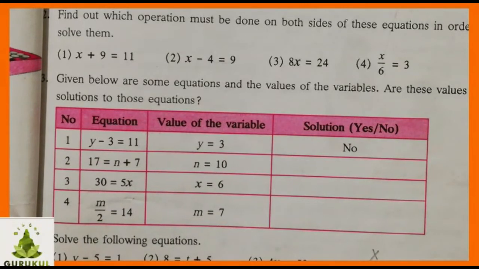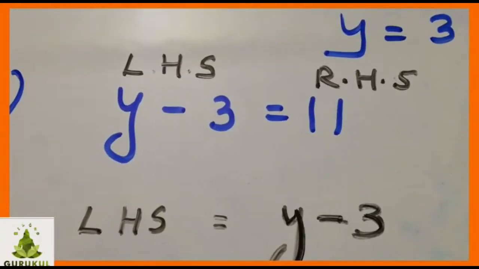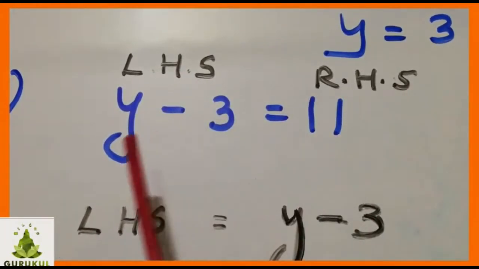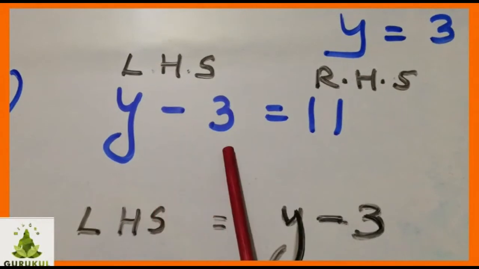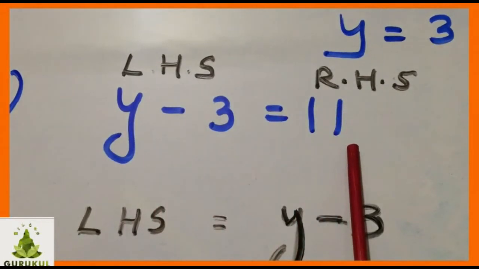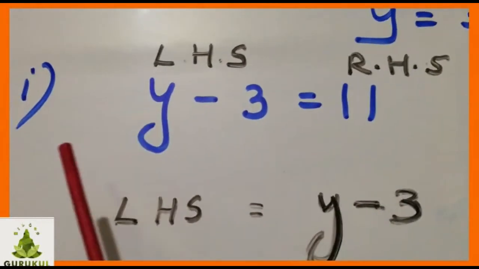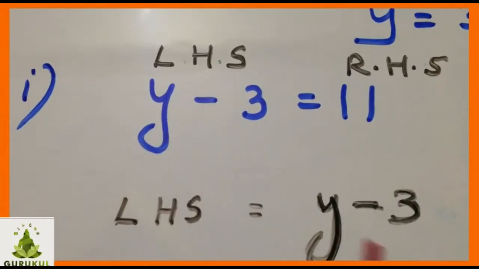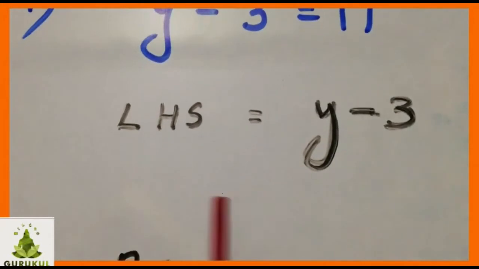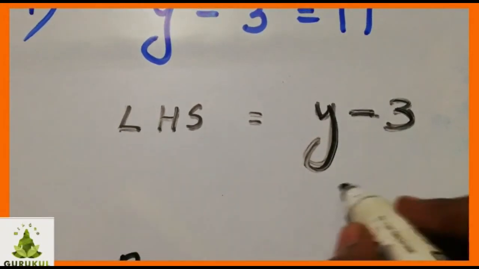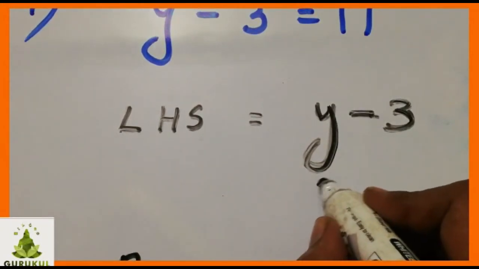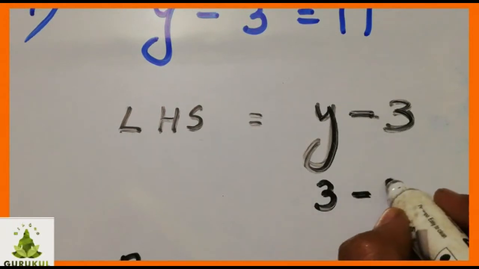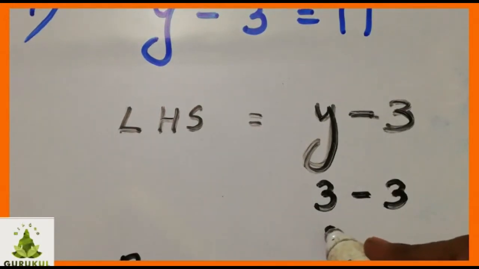We will write this step also, then for practice it will be easier. See, here it is given y is equal to 3. Let's substitute. Now this is the LHS, y minus 3 is the LHS and this is the RHS of the given equation. This equation is given. This is the first one. Now let's take the LHS. What is LHS? Y minus 3. Now we will put the value y equals to 3 here. Let's see what happens. In the place of y I will write 3. 3 minus 3. What do I get? This is equal to 0.